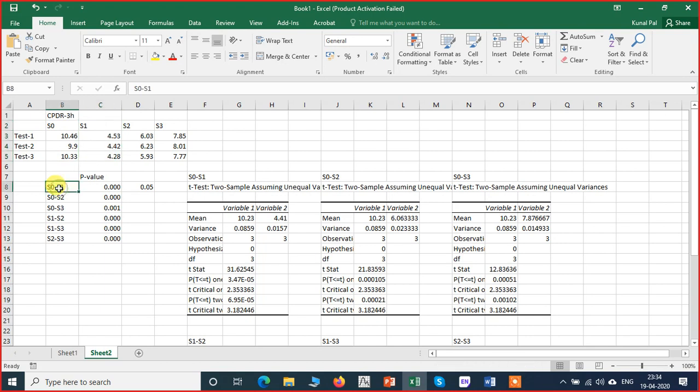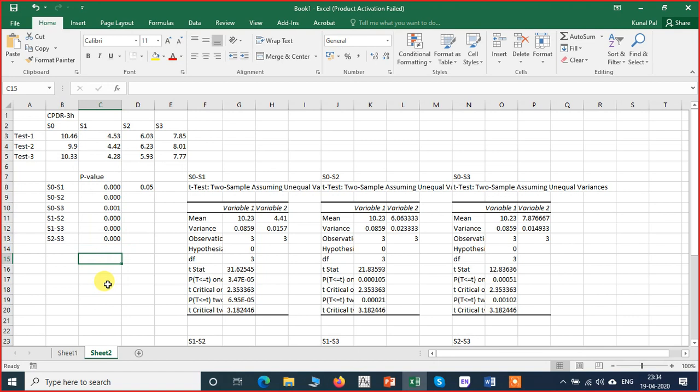So here we have done for all the samples and we have tried all the combinations. So you can see all these values, they are having p-value which is less than or equal to 0.05. That means in all these cases the samples, or whatever the observations we are seeing, they are significantly different. Okay,